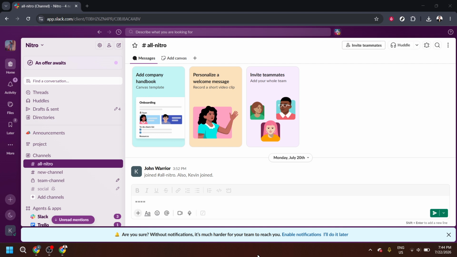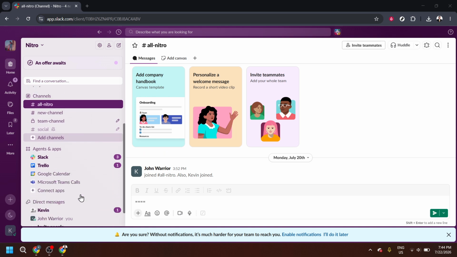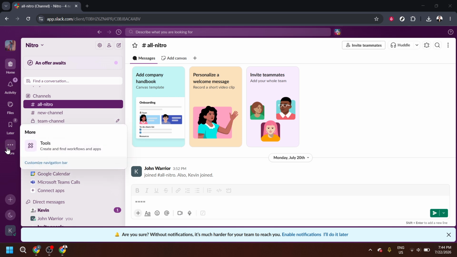To begin, open Slack and look over to the left sidebar. Near the navigation area, click on the three-dot menu. This is where Slack keeps additional options that aren't always visible in the main sidebar. If your screen looks a little different, don't worry. Slack's layout can vary slightly depending on your workspace or app version, but the three-dot menu is the place you